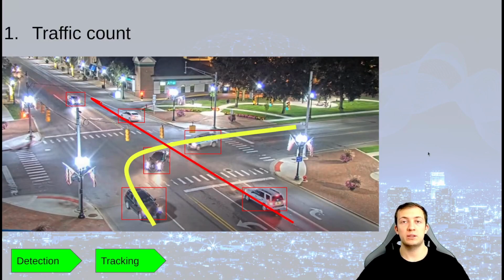The first one is the main application for traffic management, which is a simple traffic count. Our task consists of understanding what kind of vehicles we can see through our camera and counting every vehicle that passed through a particular trajectory. Basic tasks for this use case are detection and tracking. There are a lot of extensions to this task, and many following use cases could be built on top of